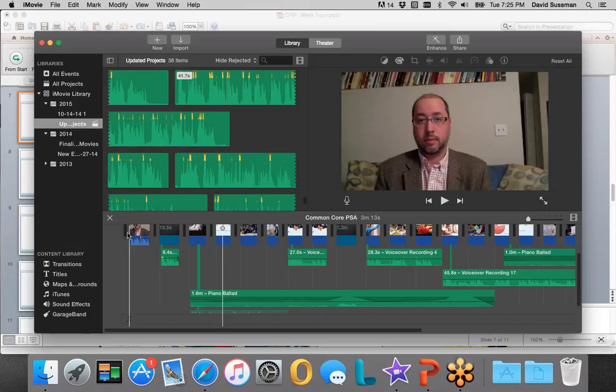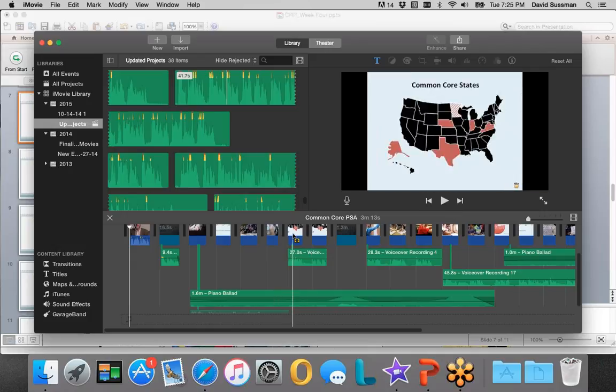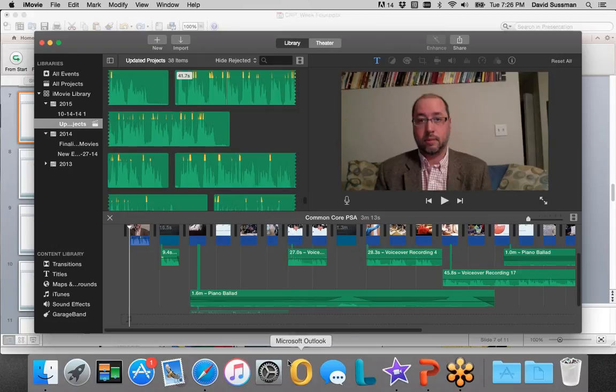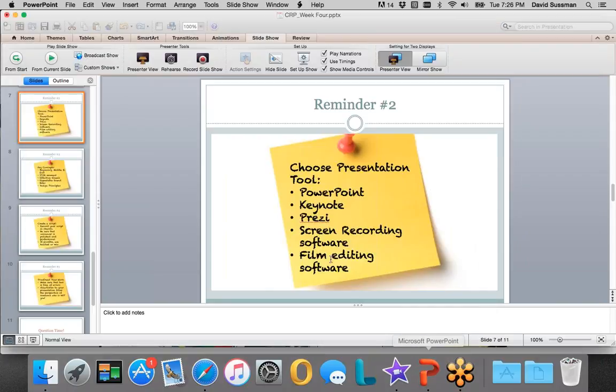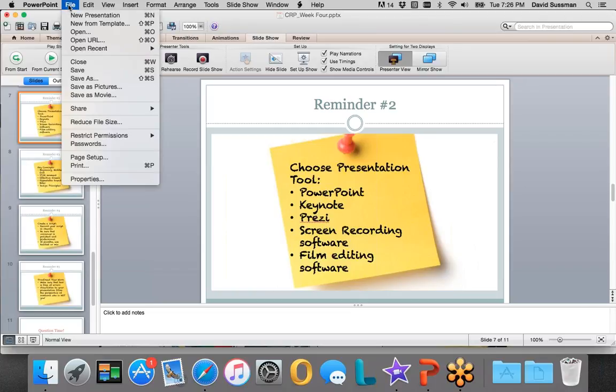Anyway, iMovie, which I have open here because I just want to show you some things, even if you're not creating a film. Because that's what iMovie is, right? It's basic video software, film software. You can also use it as a presentation tool. For example, if you can see my screen, you see the map of the United States. That's a map that I created using a mixture of different tools, but ultimately I brought it into PowerPoint. And if I go back to my PowerPoint, I can take any slide and save it